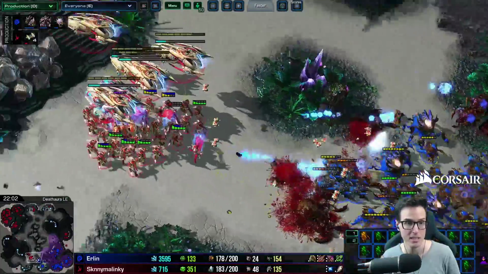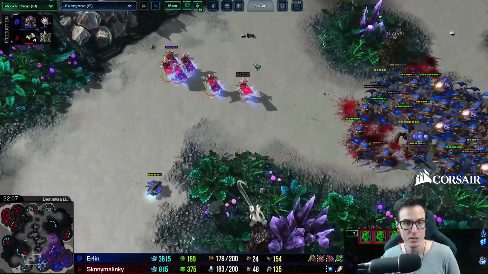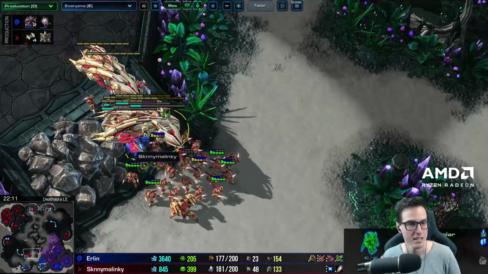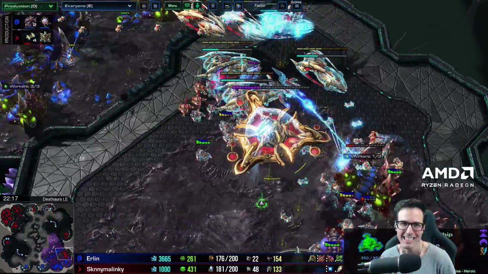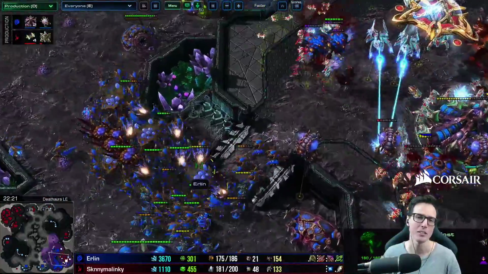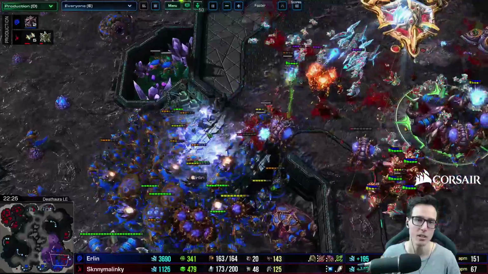Those Zealots get a good start to the engage. Where are the High Templar at? Is that... Oh, they're all full on energy now? And they all kind of sit out in the open. A full energy High Templar goes down just like that. Jesus. Well, why are we recalling? Oh, of course. Combat recall into the main of the Zerg. Don't go up there. No, Erlin, don't be a fucking... No. Come on, mate. Why are you actually going to try...